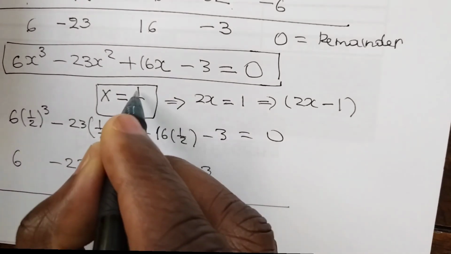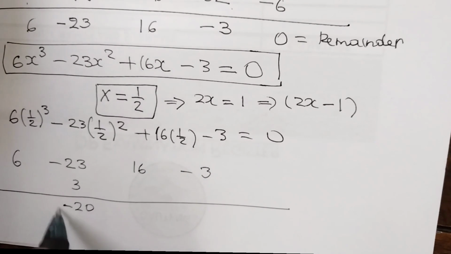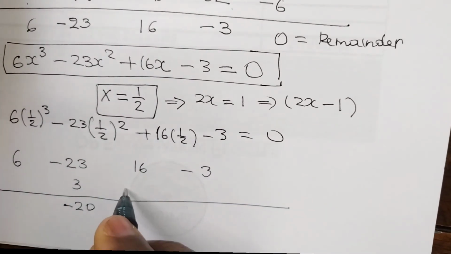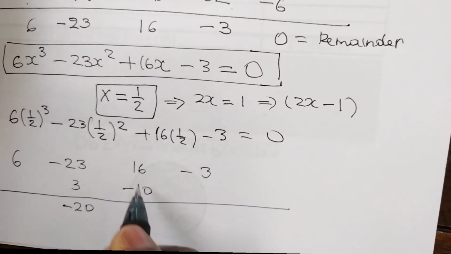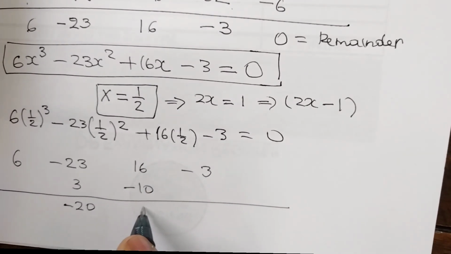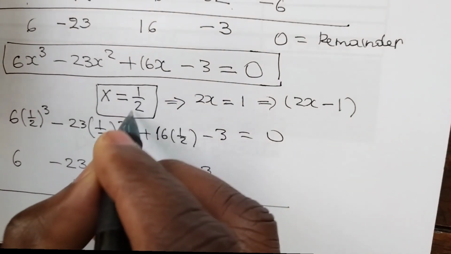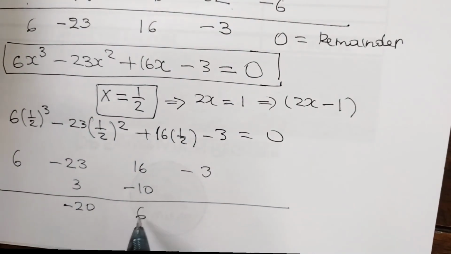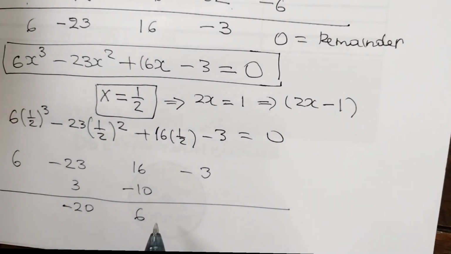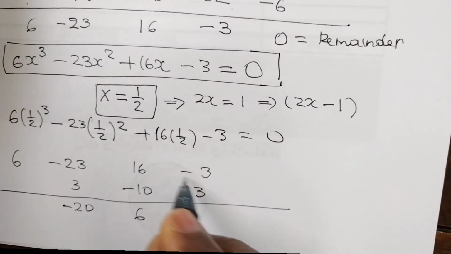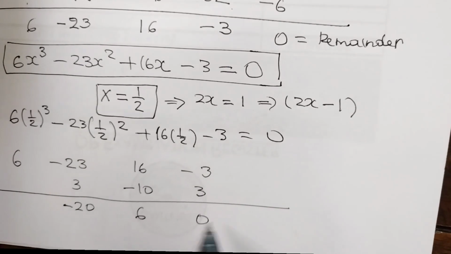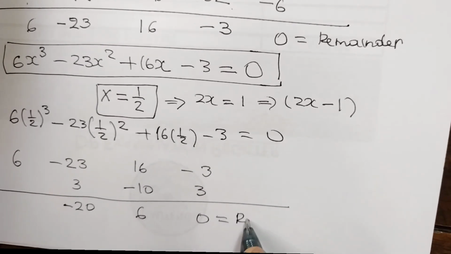Minus 20 times 1 over 2, it is minus 10. 16 minus 10, it is 6. Then 6 times 1 all over 2, it is 3. Minus 3 plus 3 equals 0. This is the remainder,